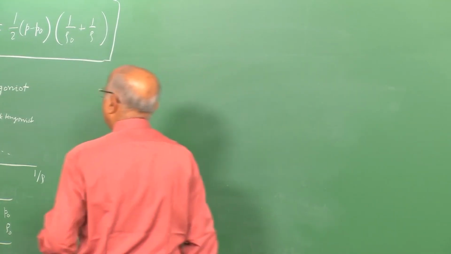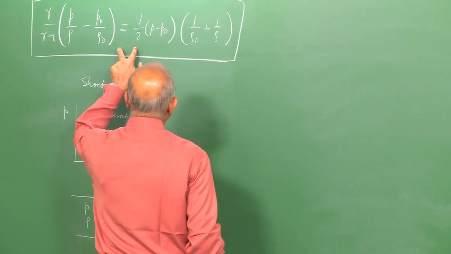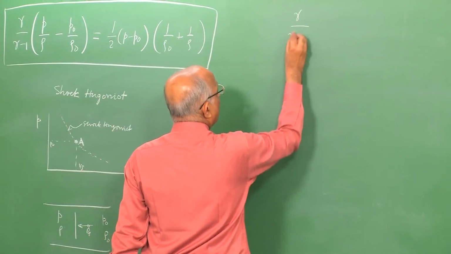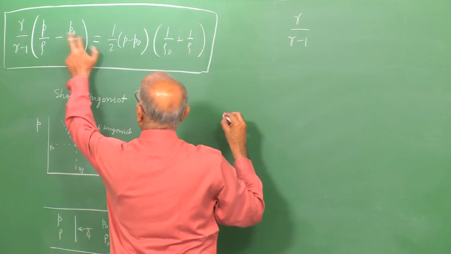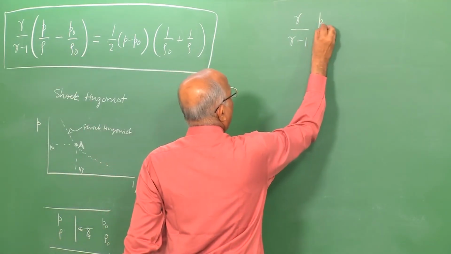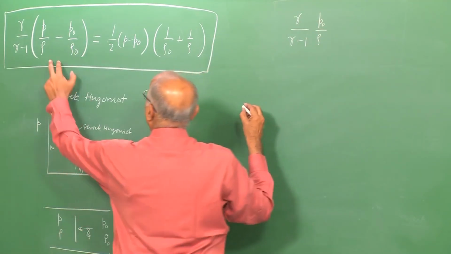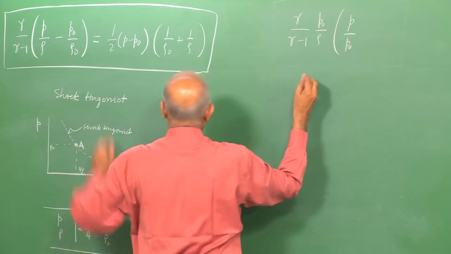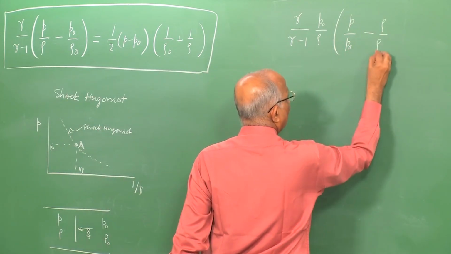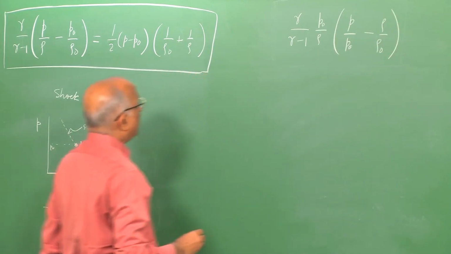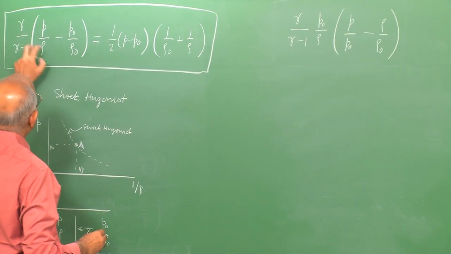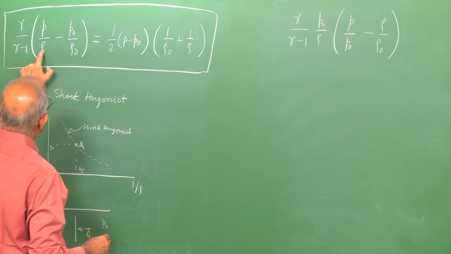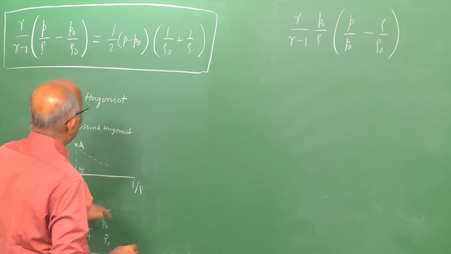I want to specifically write P by P0, therefore I simplify the shock Hugoniot equation as gamma divided by gamma minus 1. I take P0 outside, let me also take rho outside, and therefore I get over here P by P0. I have taken rho outside, therefore it becomes rho by rho0. Therefore, this will be clear. I have taken P0 outside, therefore P comes over here. I have taken rho outside, rho comes on the top,